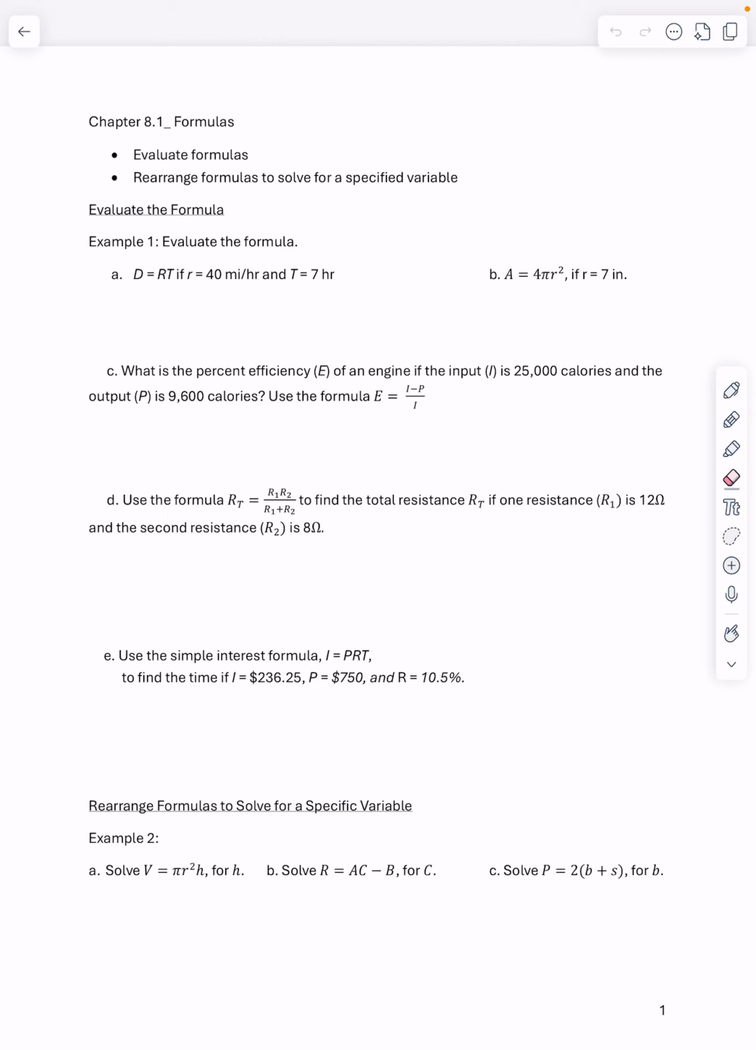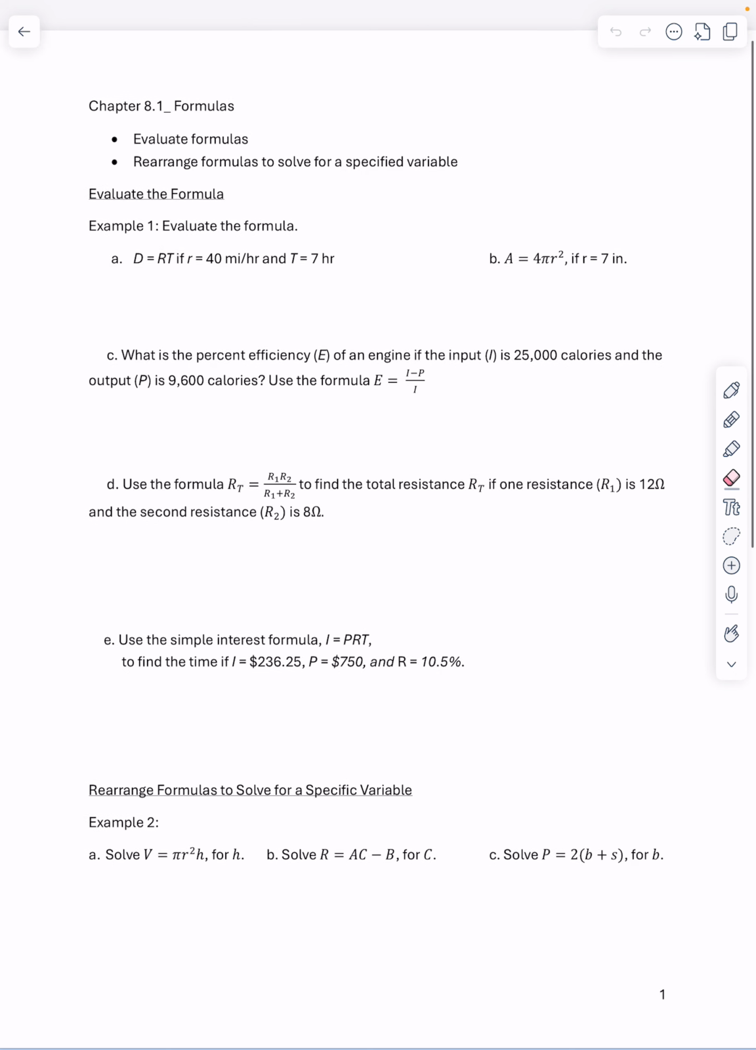Okay, this is Math 1140, Career Math. We are in Chapter 8.1. This is formulas. And so there are two things we're going to focus on. These notes are nice and short. We're going to evaluate formulas if we have specific values, and then we're going to rearrange formulas to solve for